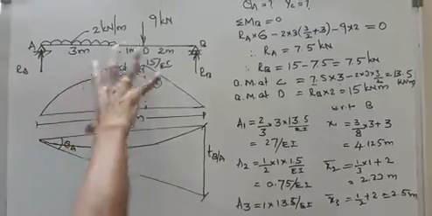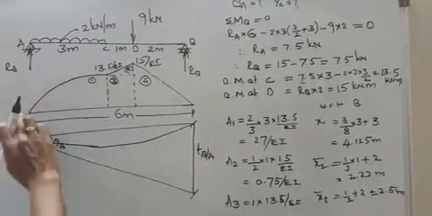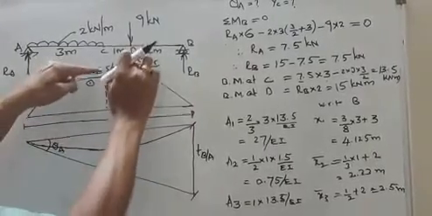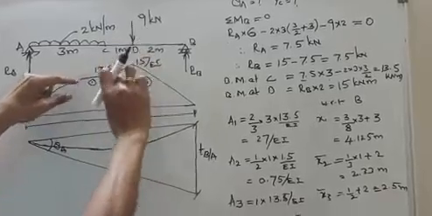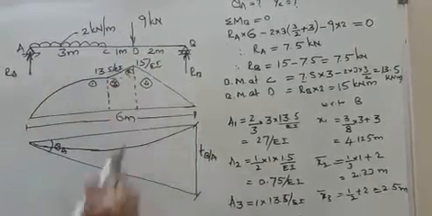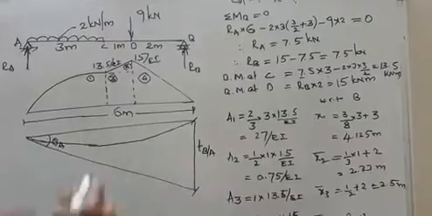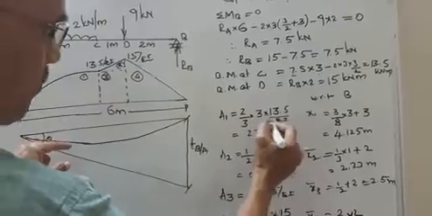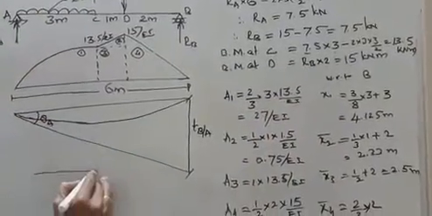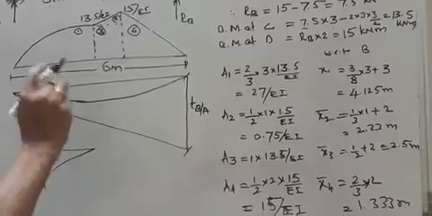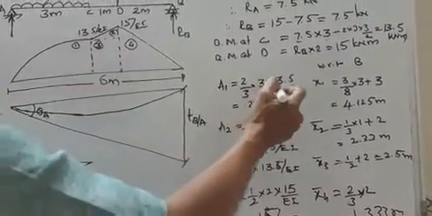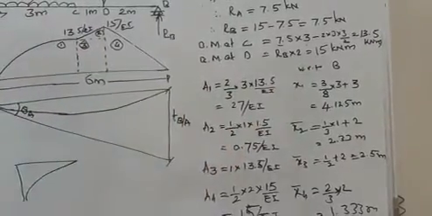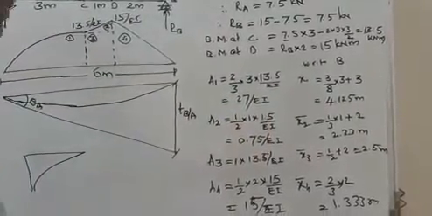Now to have the bending moment area, there are different shapes. Let us divide this into 4 parts. So this much is the parabolic area. This is the trapezoid. In that I divide into 2, one rectangle and triangle, and another is the triangle. Now calculate the areas of this. A1, it is a parabolic portion. So this is 2/3 of 3 into 13.5. If the parabola is like this, you know that it is 1/3, but it is this way parabola. It is 2/3 of rectangle, 2/3 of base is 3, height is 13.5 by EI. If you simplify, you will get 27 by EI.